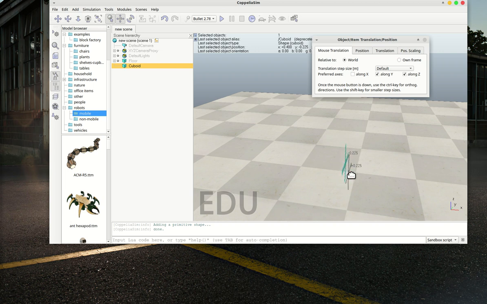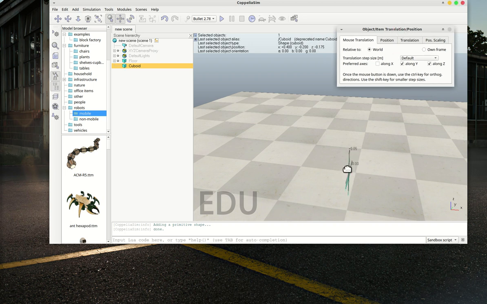So there is a Z value indicated here. Z value 0 means on the floor. Sorry, yes, 0. Yes, this one is on the floor. If Z is 0, that means half of it is below the floor.